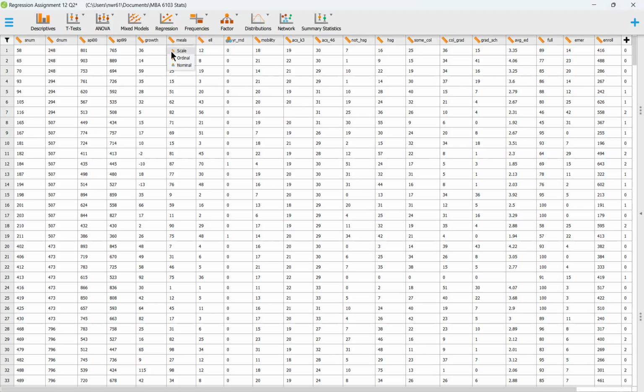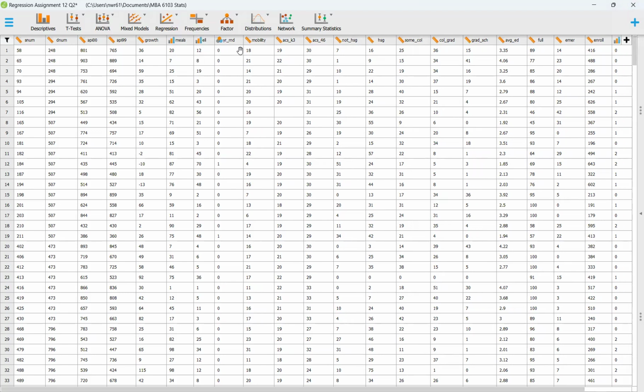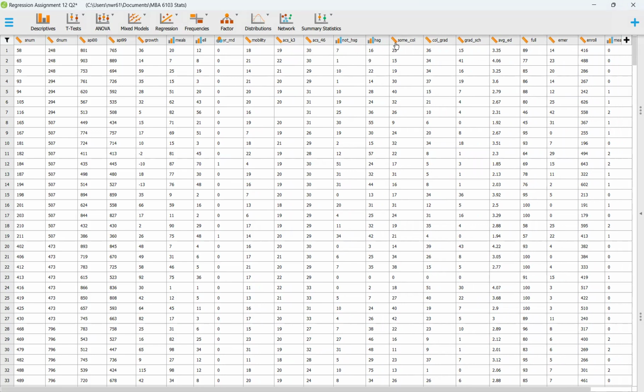Okay, meals, ordinal, L, ordinal, not HSG, and I will also make sure to put the labels for these once I finish. But right now, I'm just going to try and focus on